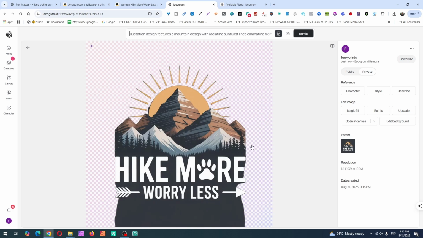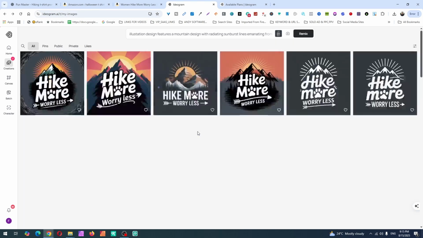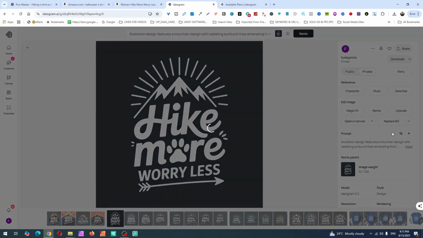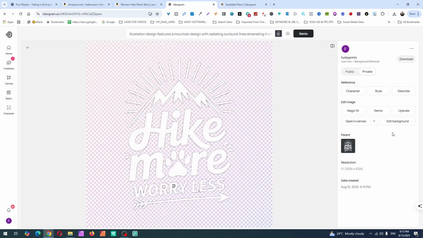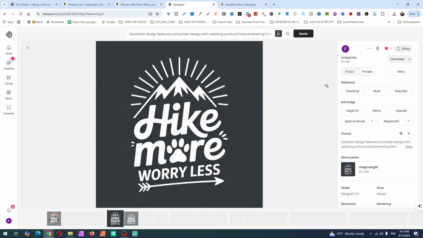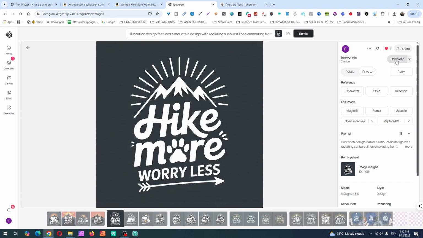Let's check. Nope. We can try another background remover if we can remove this dark gray color, but let's check the previous one. Let's say this one. Let's remove the background. There you go. We still have like black lines here, but I think it's pretty good. Sorry, we can download, let's open this one. We can download the image from here,